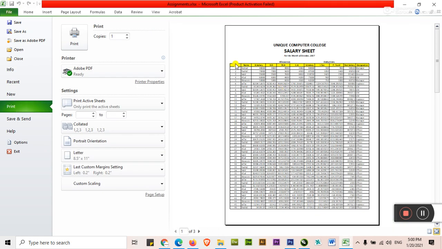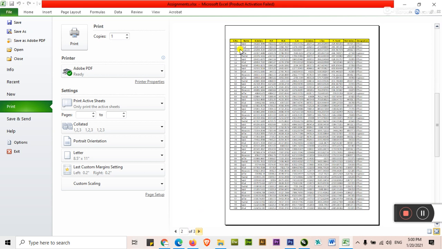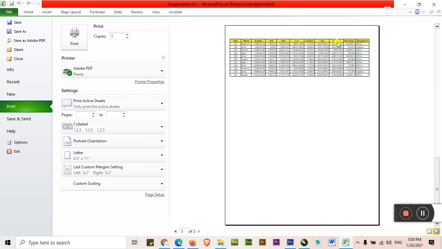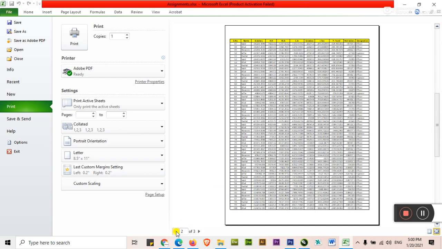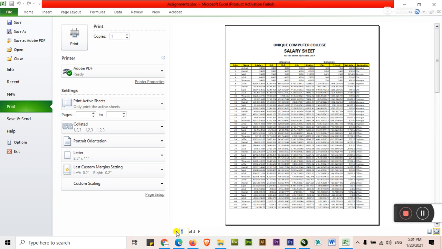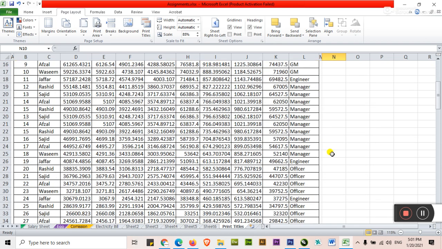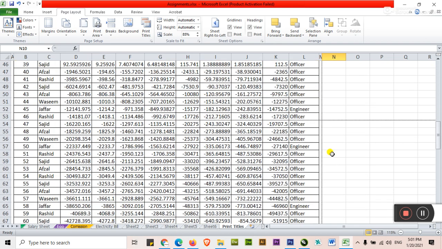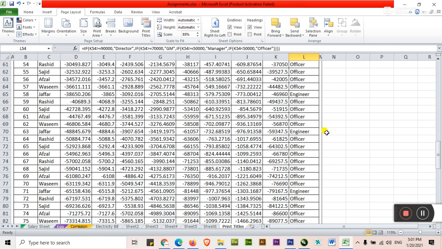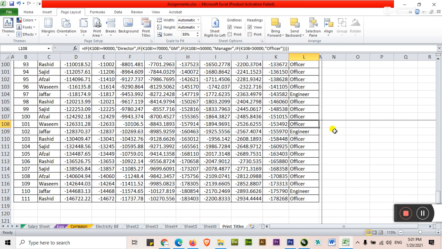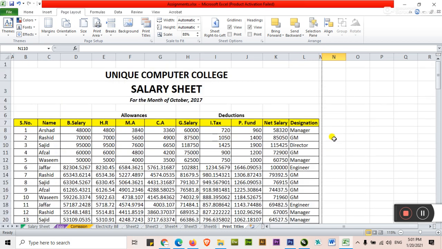It's your first page. The yellow bar is on the top. Again click on the second page. There is also a heading on the top row. Third page, heading on the top row. It means all the pages are going to repeat. All the pages get the yellow heading. Even if you view the actual sheet, there is no heading. Here is only a dotted line after the first page, and after the second page here is also a dotted line. It means you have no need to repeat it on the regular page, just enter the range in the print titles area.